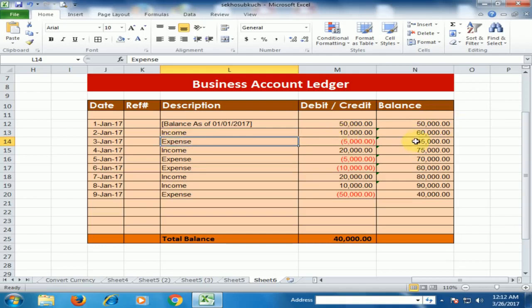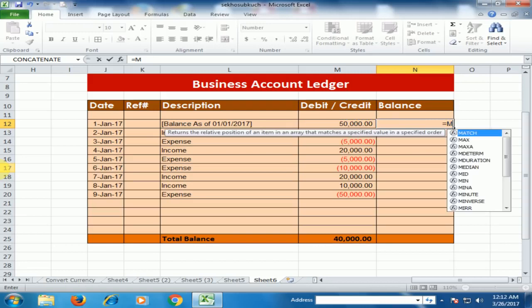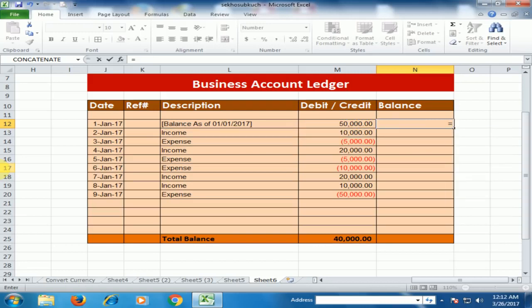Now how can we perform this calculation? Just type equal to and select this cell. Type equal to and type sum and press the tab key and select this cell and shift colon.